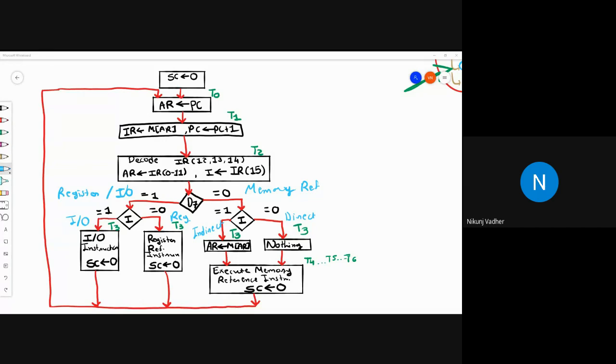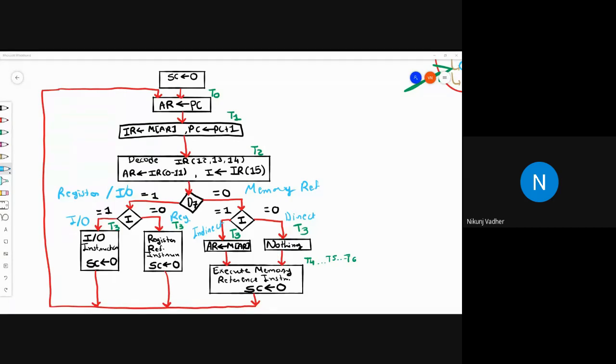Okay, so in this lecture, we will stop here. In the next lecture, we will be discussing the register reference instruction and then memory reference instruction, and we will combine this control circuit diagram and instruction cycle to see how an instruction will be executed.